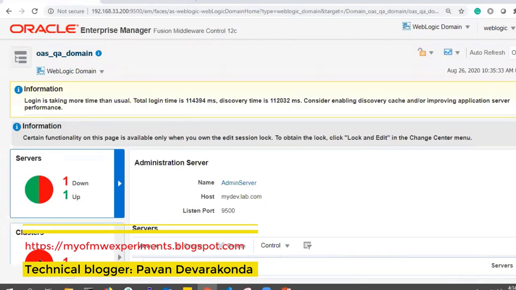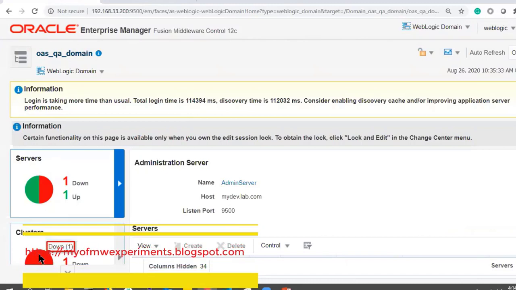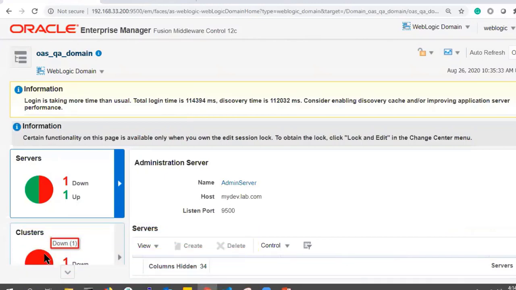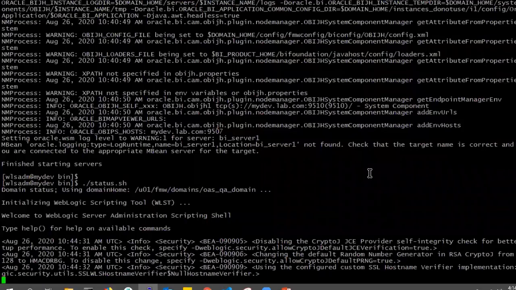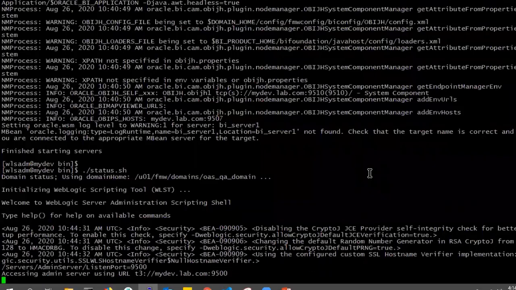The cluster is having trouble. The cluster has one server, the BI server, and it is having the trouble. This way you can identify what is going wrong and where it is going wrong. Let us see the outcome of this status. Generally it takes a maximum of 2 minutes to get all the information about the servers and components. The table will be displayed, and that WLST script is completely Python based.